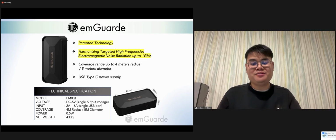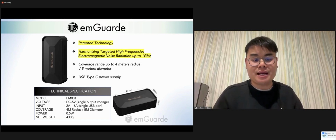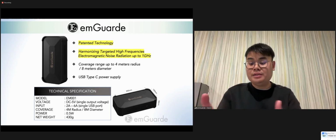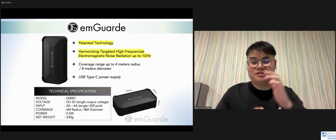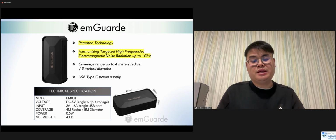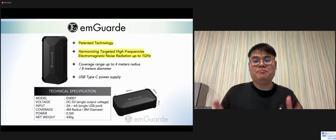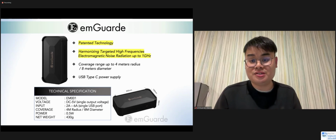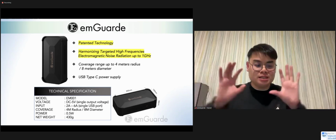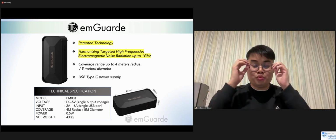Okay, so now getting back into specs. Now we have another session. We call it the emGuarde empowerment training, and I've heard a question coming from a participant. She actually messaged my inbox saying that there are certain things she wants to know more about. In that training we are here to share with you more technical information about how it works. But in this demo itself, this is a more introductory demonstration where we just give you a brief